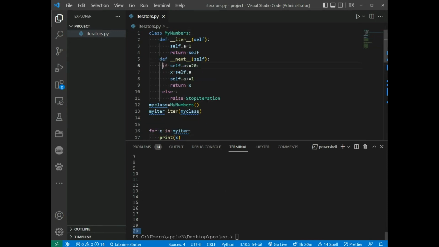And if I remove this if, and this else, and this raise an error, save and run, and